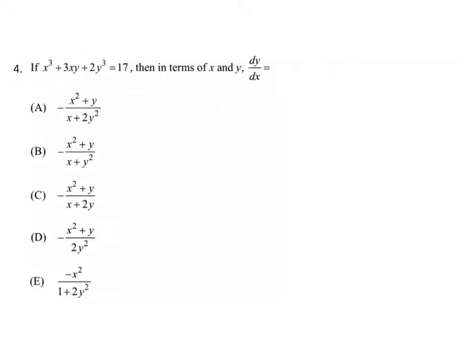Our next problem is an implicit problem. And so here we need to go through and find our derivative and then actually solve for dy/dx. So let's go through and find the derivative of each term. We're going to have 3x squared plus 3 times, and we need to do our product rule here. So we have first times the derivative of the second, which is going to be 1 dy/dx, plus second times the derivative of the first. And then we have plus 6y squared dy/dx